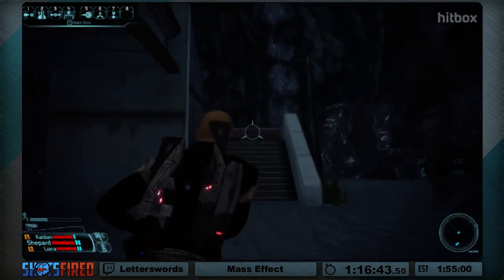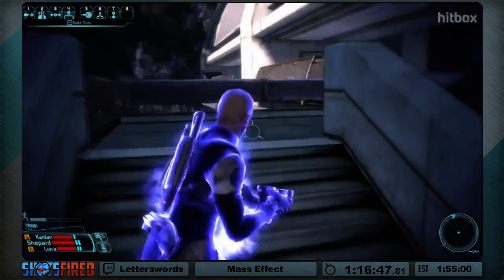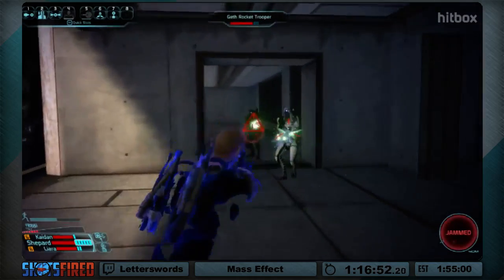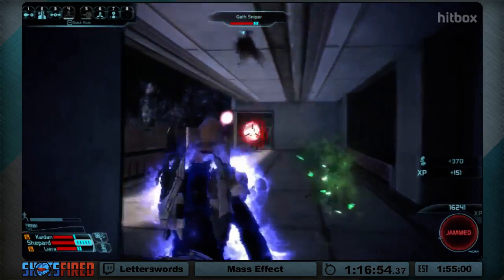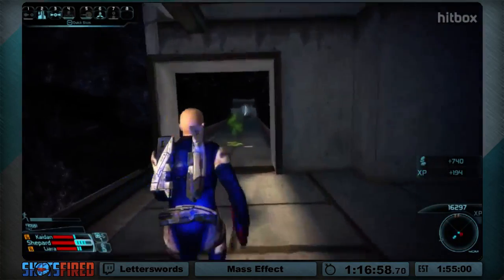Alright, so here we're gonna try a small trick with the Mako. We're parking it over there, because if we park it over there in the right spot, we can get down to it from above. Just